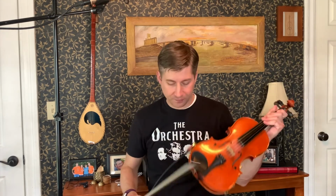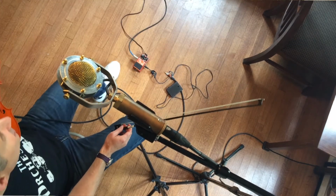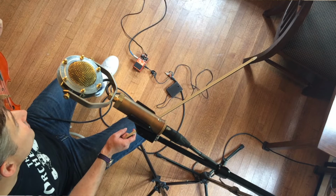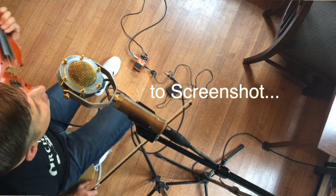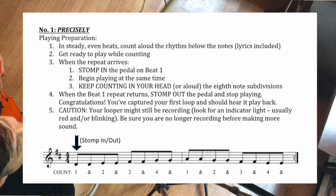We call it subdividing. That is, you count the beat, 1, 2, 3, 4, and you count the small part, the division of the beat, 1 and 2 and 3 and 4 and. That allows you to really fill the space so that your loop stays right in time. And I count out loud 1 and 2 and 3 and 4 and stomp. Now, if you happen to be someone who pats your foot, that can also work in your favor. Tap, tap, tap, tap, stomp. And we stomp in on beat 1, and then we stomp out when beat 1 returns and we want to close our loop. This is one I like to call precisely, and it will start with me subdividing,